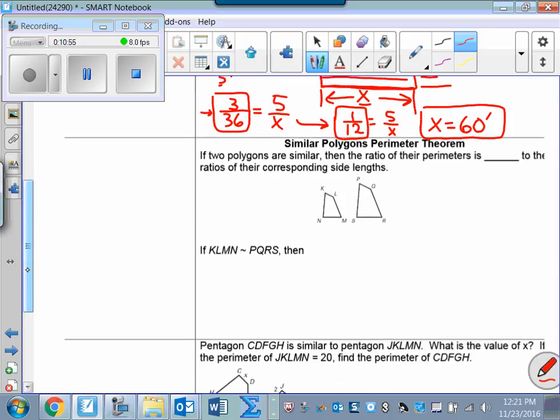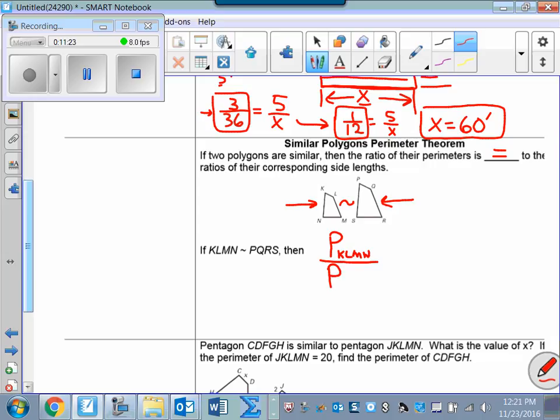All right, how about the perimeter theorem? If two polygons are similar, then the ratio of their perimeters is equal to the ratios of their corresponding side lengths. In other words, if KLMN is similar to PQRS, then I know that the perimeter of KLMN